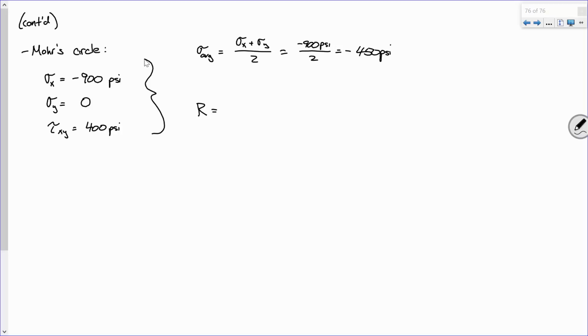Square root, or plus, tau xy squared. So, see, if you notice right here, it doesn't really matter if we had a positive shear stress or a negative shear stress, because what am I going to do to that shear stress? I'm going to square it. Doesn't matter. So, equals